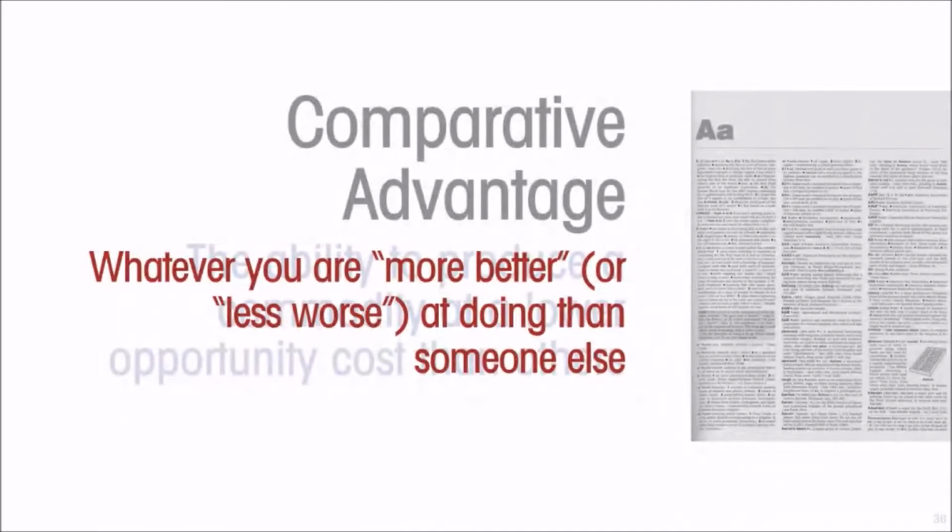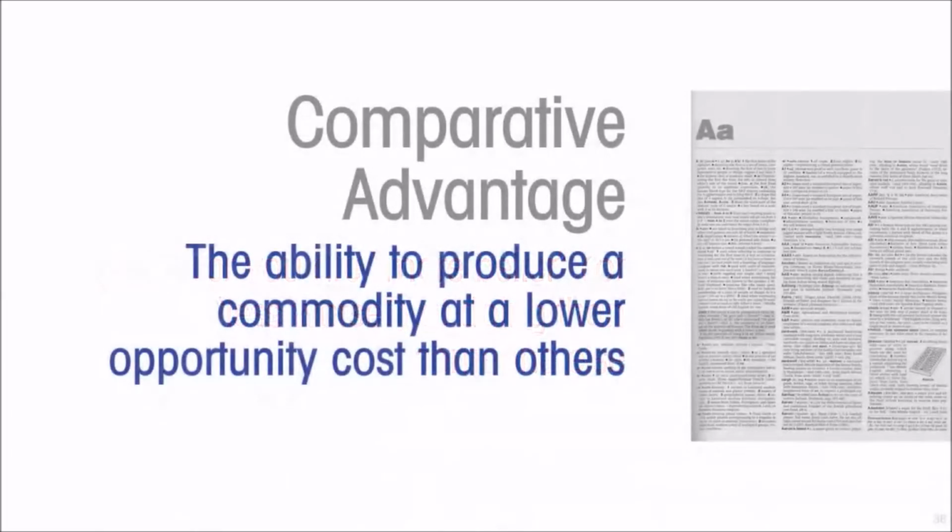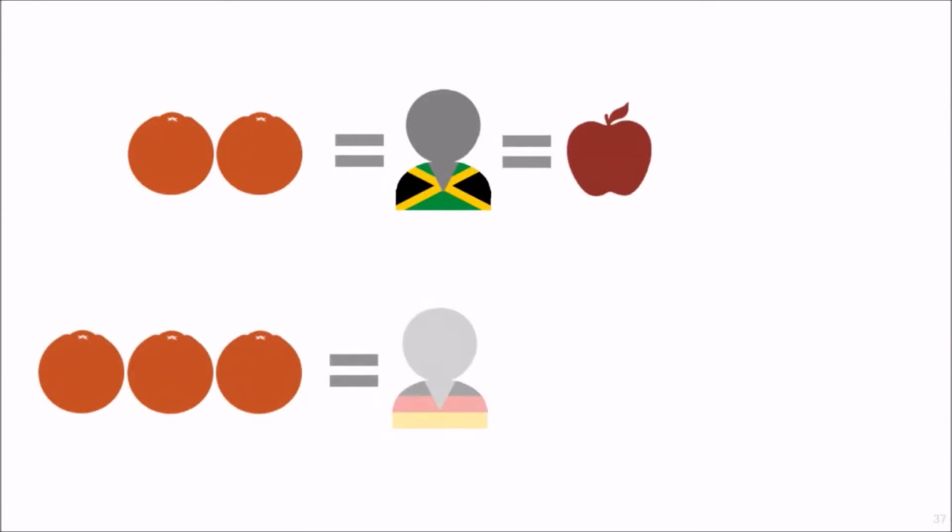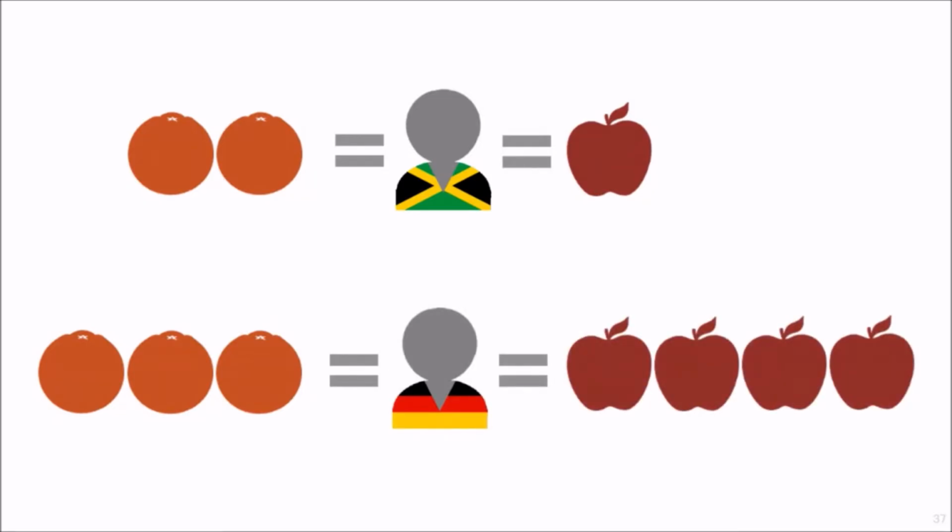Comparative advantage, which we know to be which of two activities at which you are better than your potential trading partner is the one that you are more better at, has a proper technical definition. Comparative advantage is the ability to produce a commodity at a lower opportunity cost than others. So let us look at a scenario where